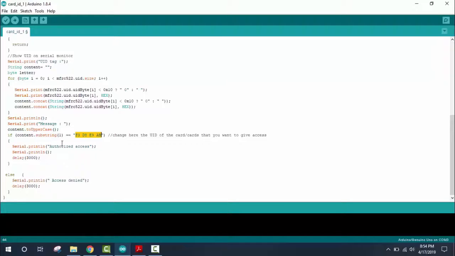If the person with this unique identification number tries to access the system, he will be given the access, and a message saying authorized access will be displayed on the serial monitor. If any other user other than the one mentioned in the system is trying to access it, the access denied message will be printed.